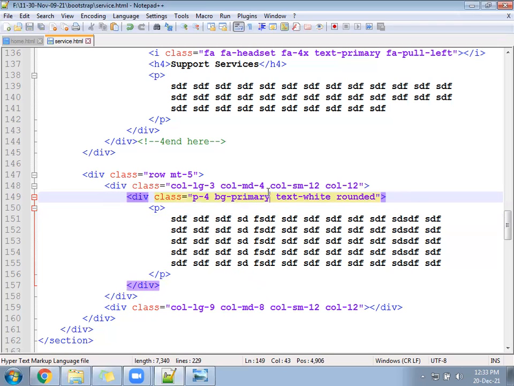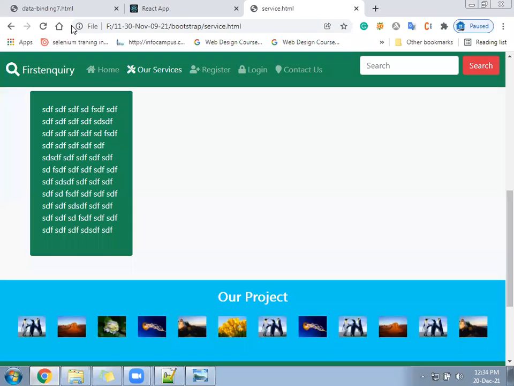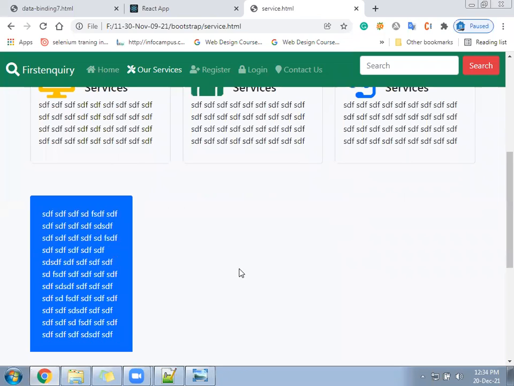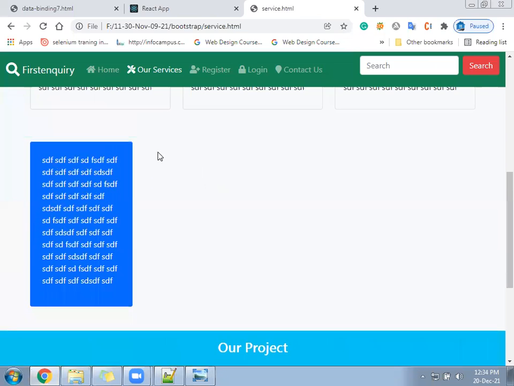Now, according to the screen size, it will get rearranged automatically: lg-3, md-4 and sm-12, and extra small also 12. Something like this, highlighted.